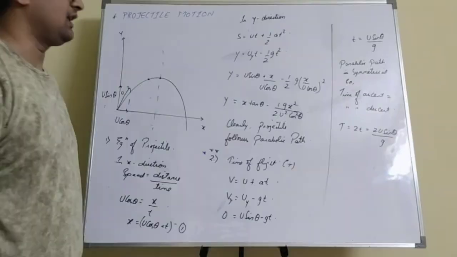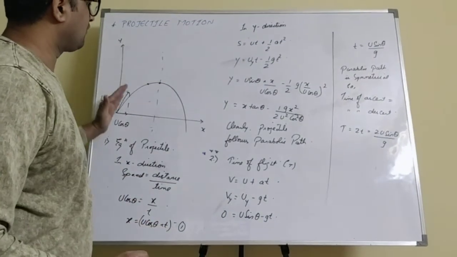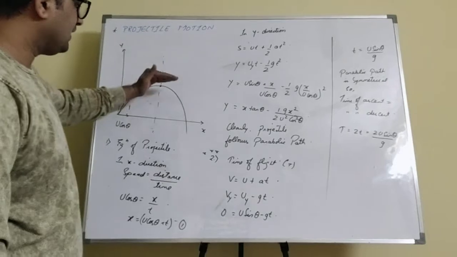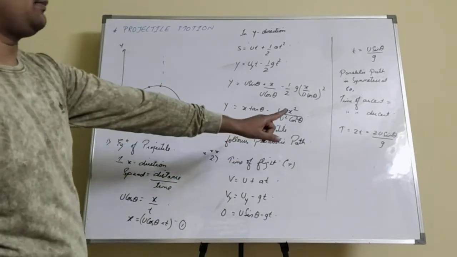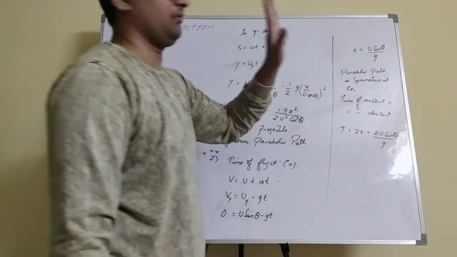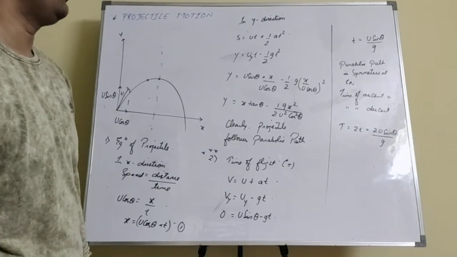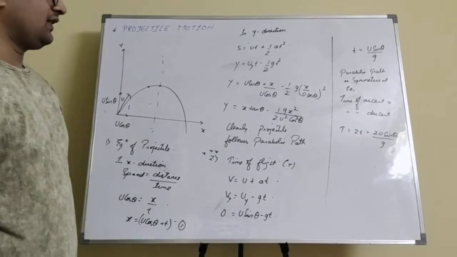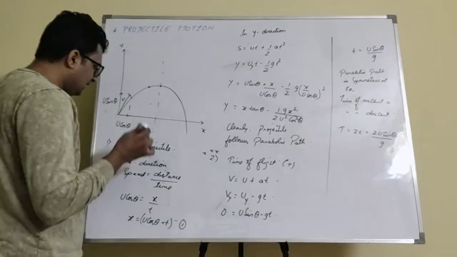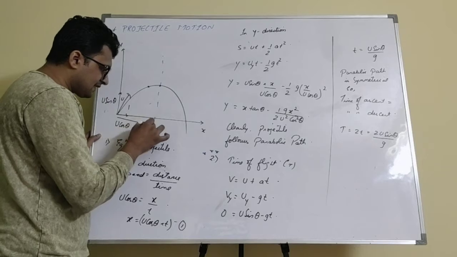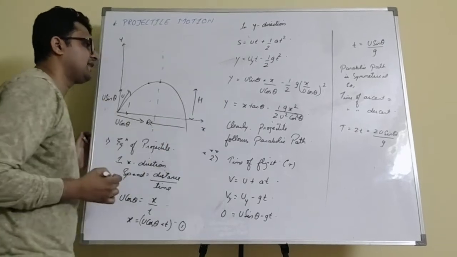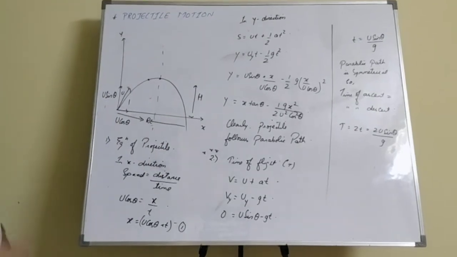Okay, I hope you are understanding this. Time of ascent, meaning time of going towards maximum height, is equal to time of reaching the x-axis. That's why we are saying that capital T, time of flight, is actually 2 multiplied by small t, that is 2u sin theta divided by g. Okay, now you can copy this. We have to calculate two more things. One is this distance, which is known as range, and the other is this height, or maximum height. Clear? Okay, you can copy this.